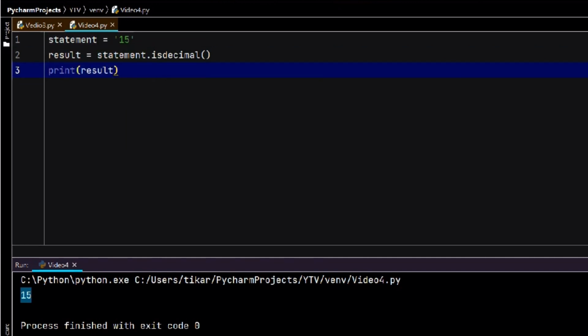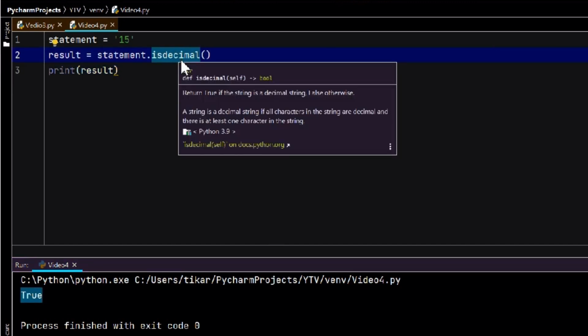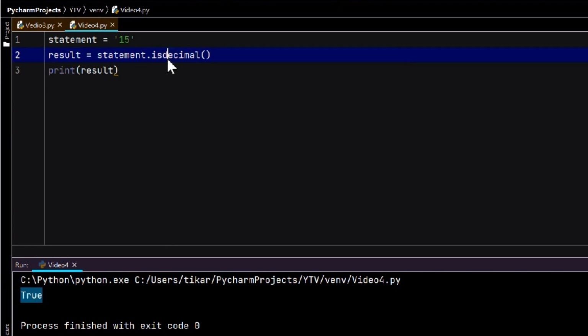If I run this, you see 15 is a decimal. Don't get confused with decimal like 15.0 or 15.5. Decimal is nothing but between 0 to 9. If I do 15.5, it will be false, because this dot is considered as a special character in this string, and Python is unable to treat it